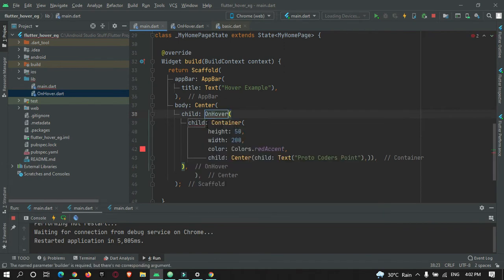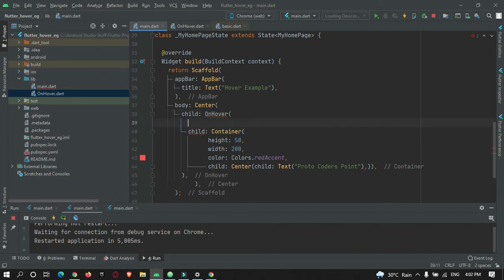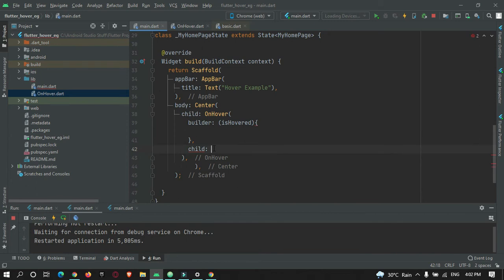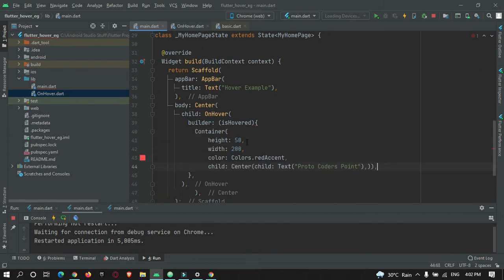Okay, so this on hover, we need to pass a builder is hovered. Okay, so in this builder we need to pass our container. Just cut it from here and pass it over here by making use of return.